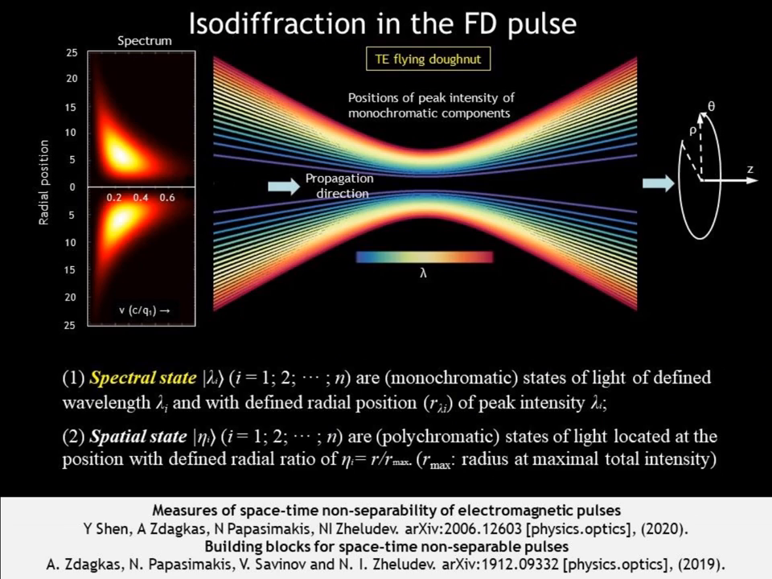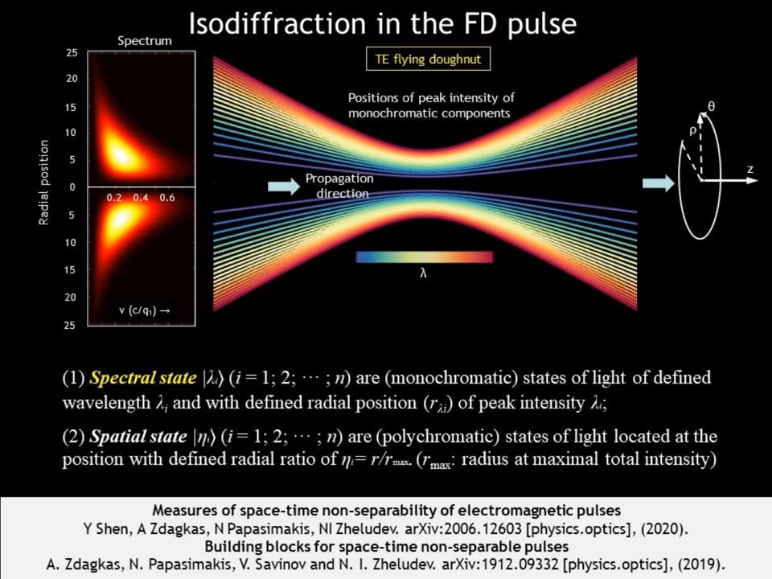The isodiffraction is more clearly demonstrated here. The left figure is the spectral distribution at a transverse plane, and the right one shows the trajectories of various colors, the maximum positions of various colors. As is seen, the various colors diffract at the same rate, and the blue light is always confined inside and the red light is outside. So we can define two classical states to describe the interesting